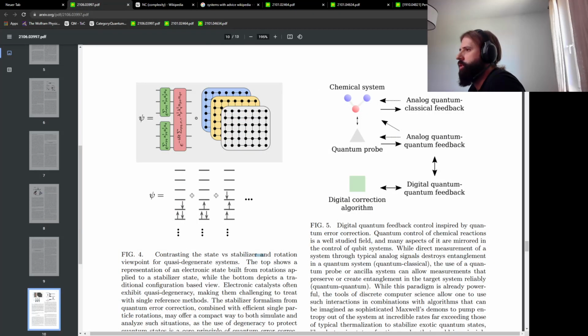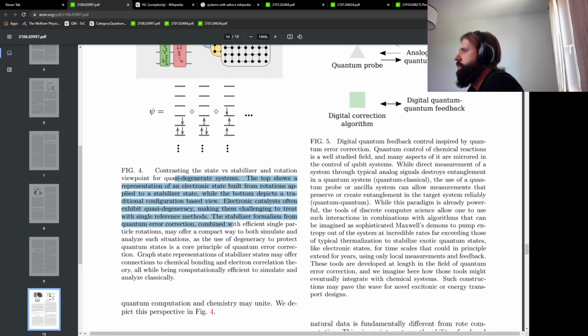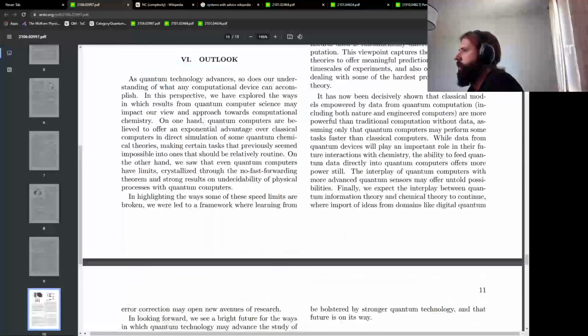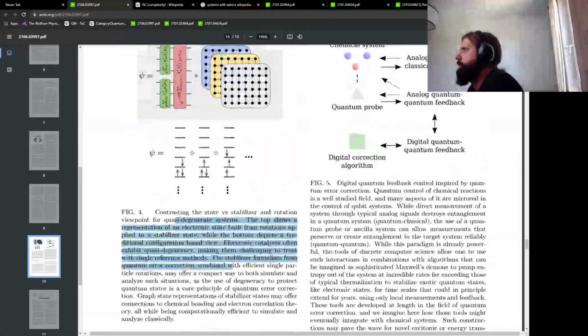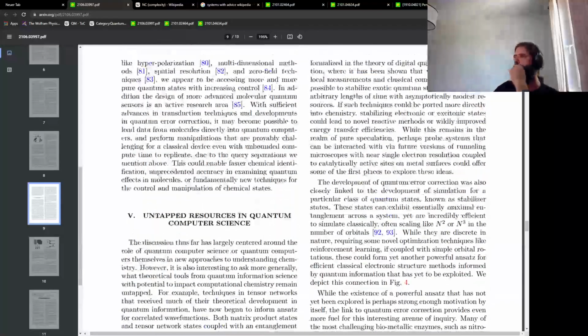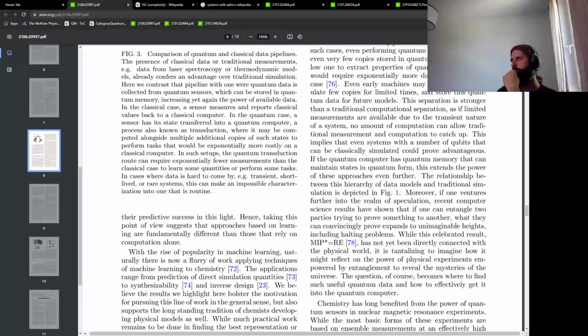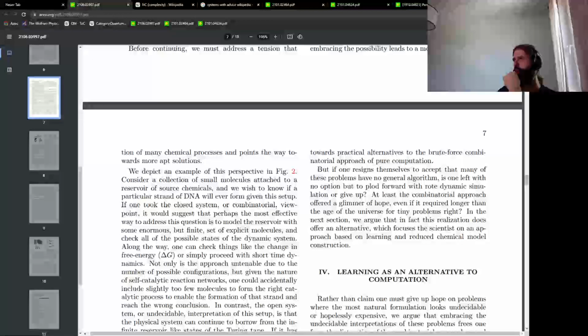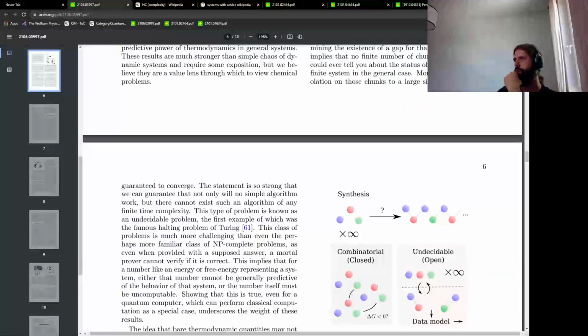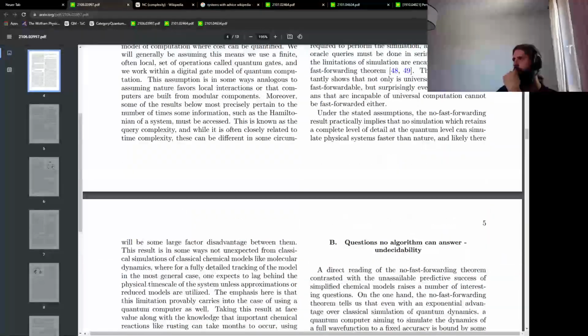State versus stabilized rotation viewpoint in systems. And that's the outlook, which we already read. I mean, it's really well written. I don't really know whether I want to go through section 3. But it's basically